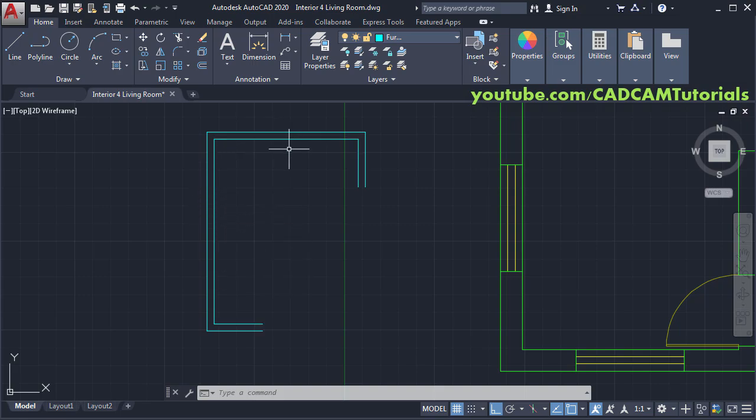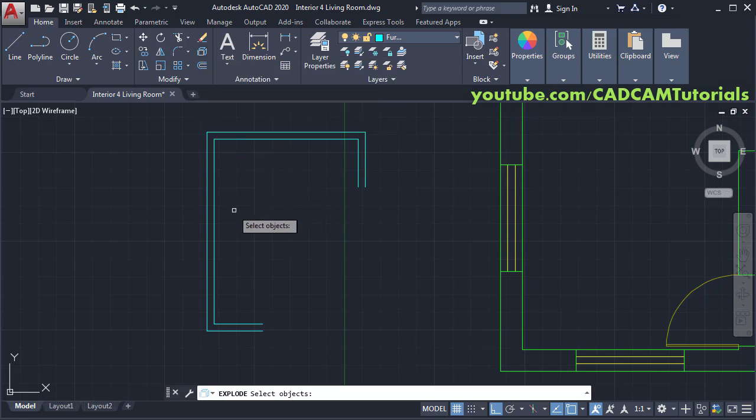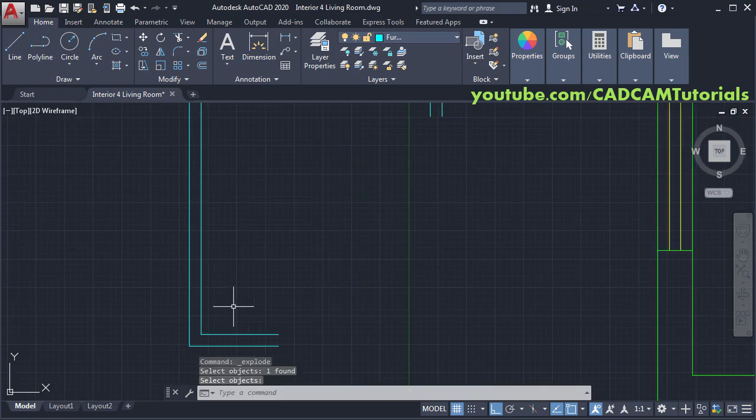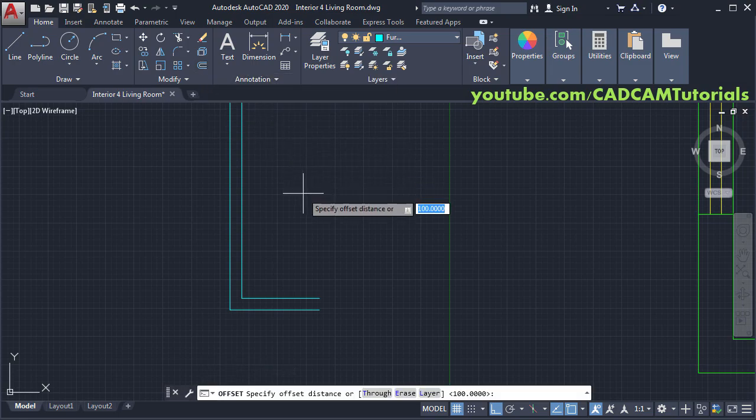We don't want to offset this complete polyline, but we want to offset this individual line. For that we will have to break this polyline. To break this polyline, we will have to use explode command. Click on explode, select this polyline, enter. Then again click on offset, then specify offset distance of 600, enter,